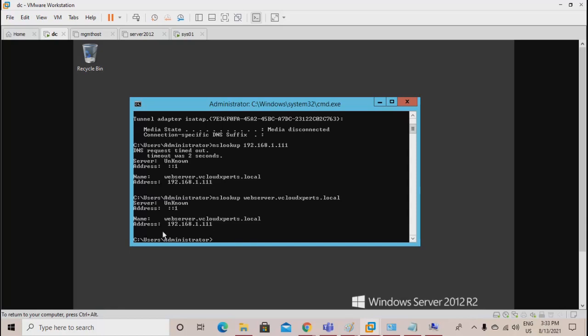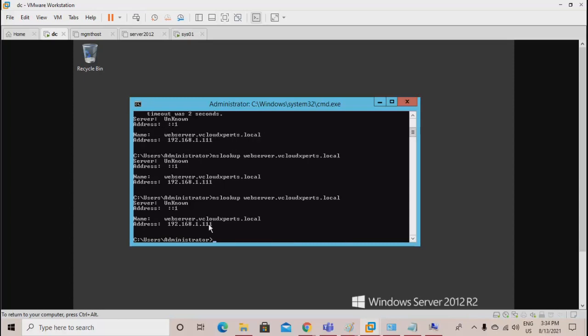You see, I'm getting the IP address. So when you ask with name, this is called forward lookup zone. You get the answer as IP address. And when you ask with IP address, you get answer as the system's fully qualified domain name. This is called reverse lookup zone.